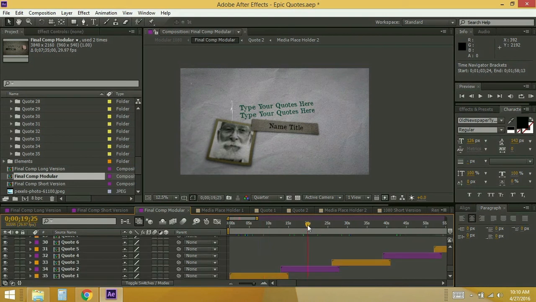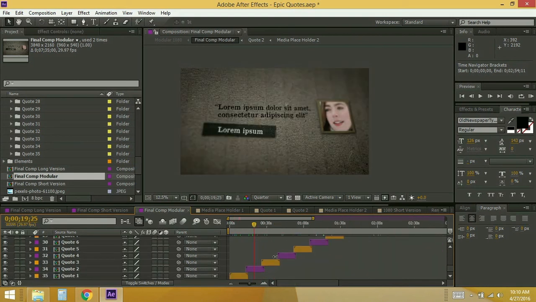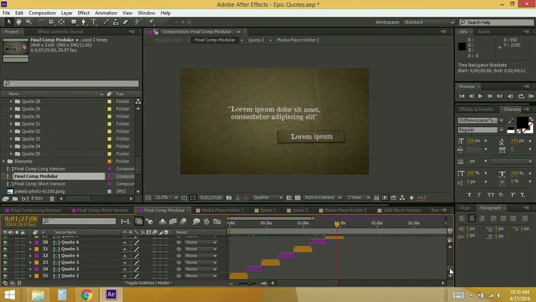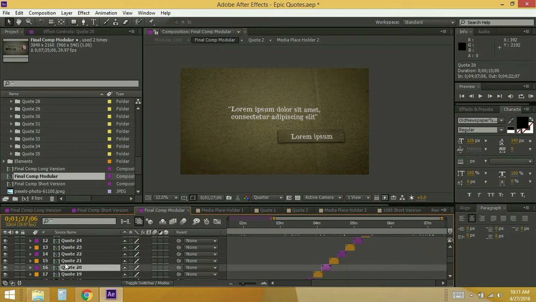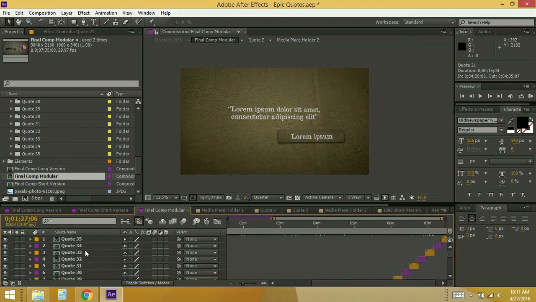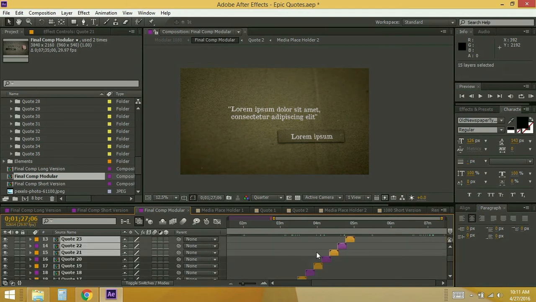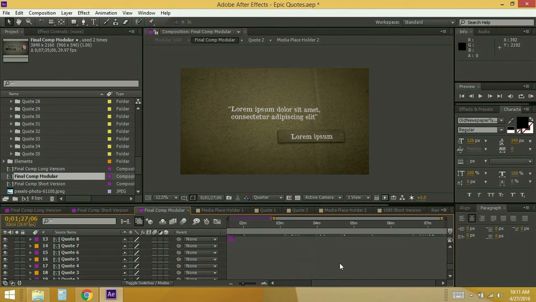So for example, you only want to use 20, so you need to delete number 21 up to number 35, just delete, and then